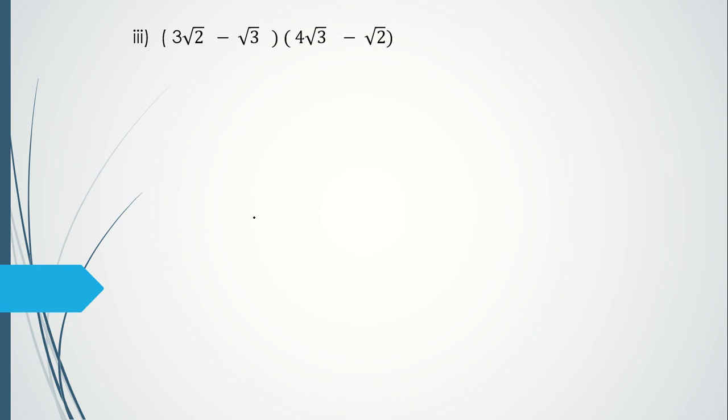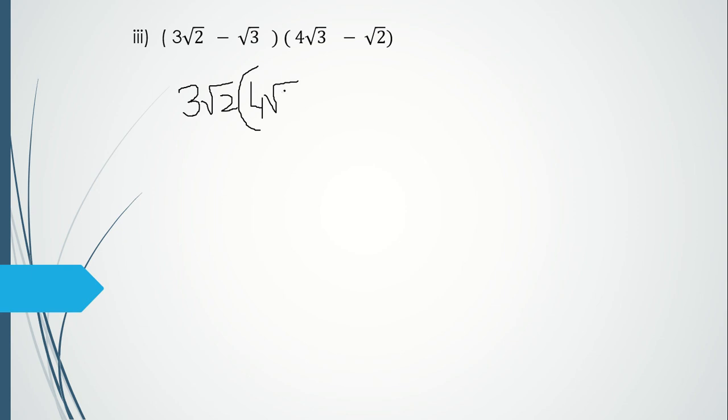Let's proceed. Now so far only one number was there. Now here both are binomial surds. So how do we multiply them? You can break one bracket, like how we multiply both the brackets with normal terms, right? When there are no surds, with variables, how do we do it? Same way we have to do. We will break the first bracket. 3 root 2 is there. 3 root 2 we will multiply with this second bracket.